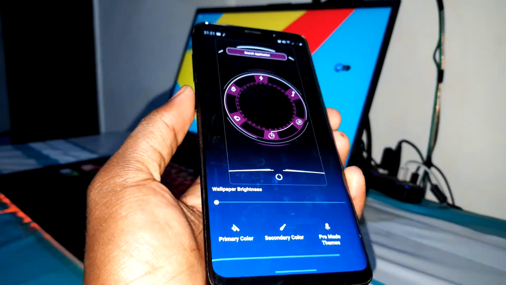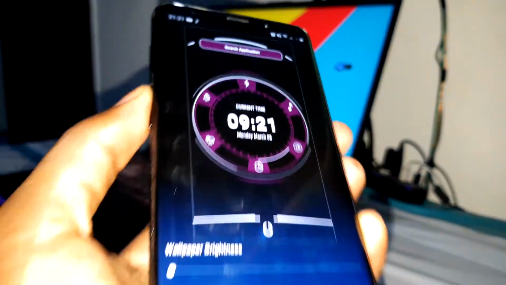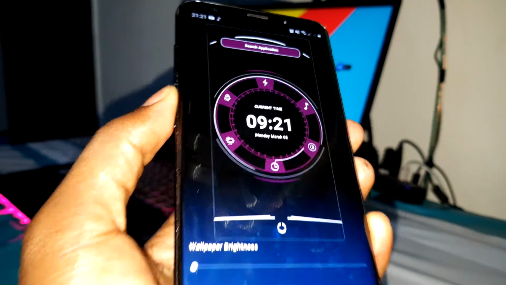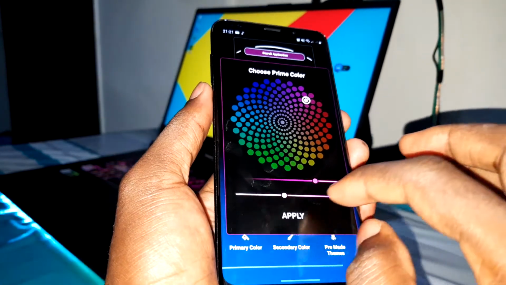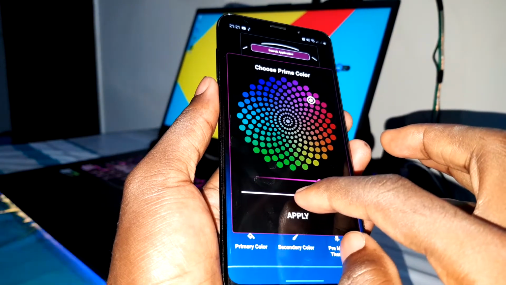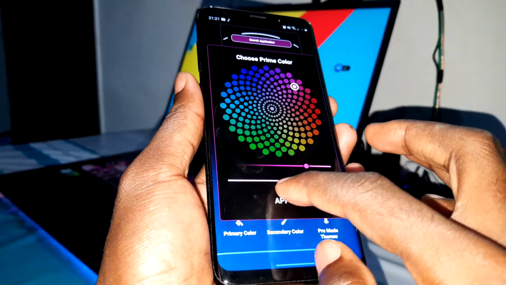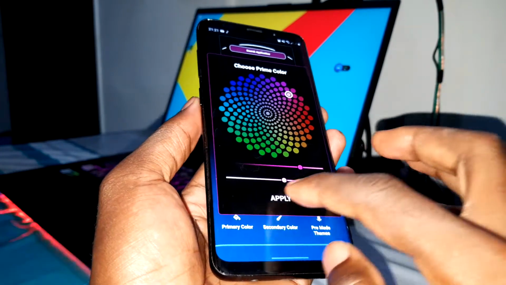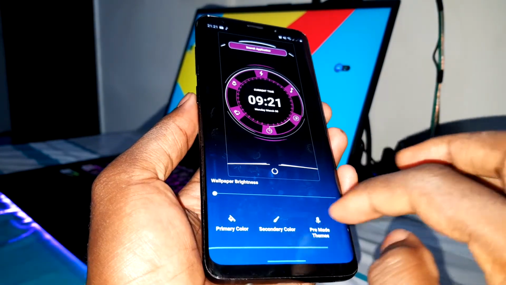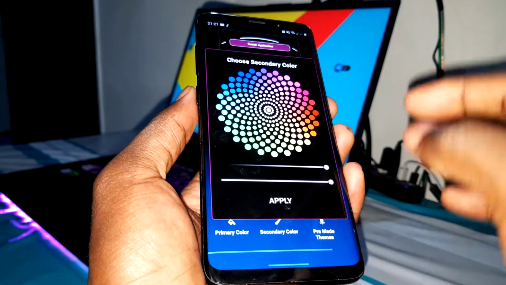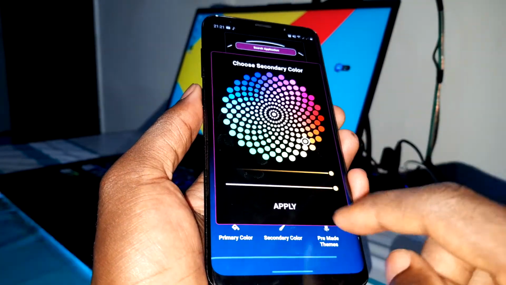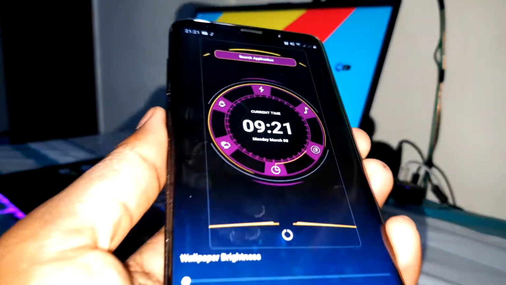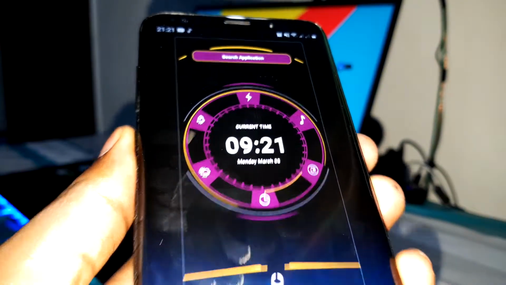You can apply, and you can change everything here. Everything. You can change intensity, and wow, it's very impressive. Second color, you can choose what you want and click on apply. Okay, you have second color like that.